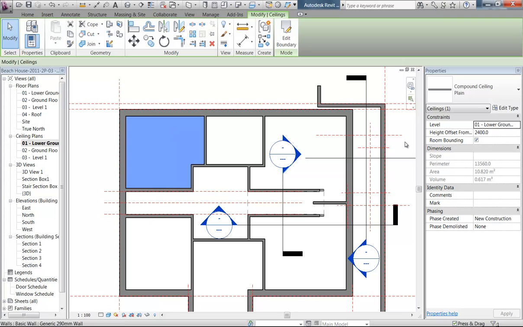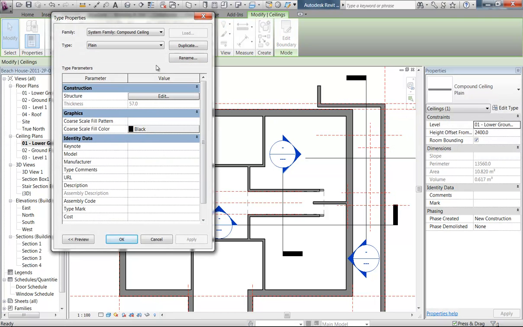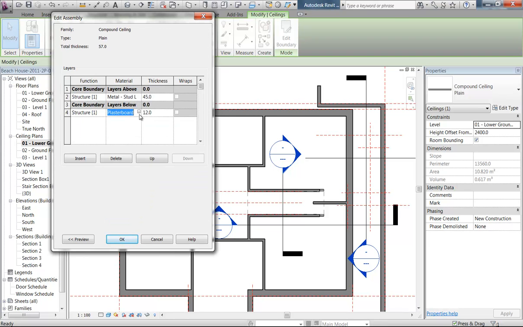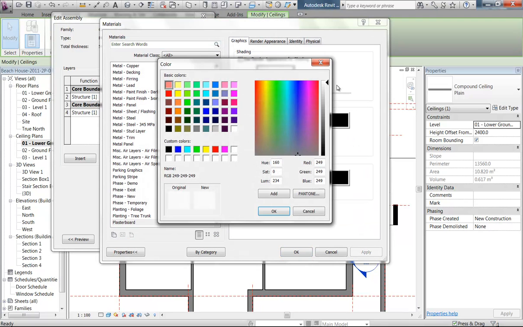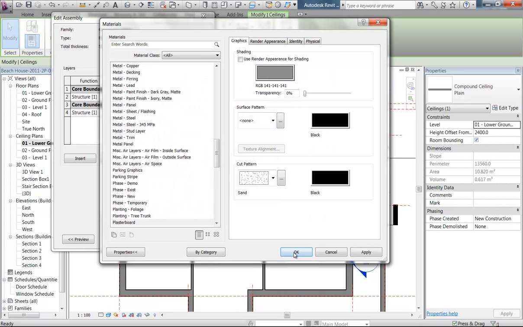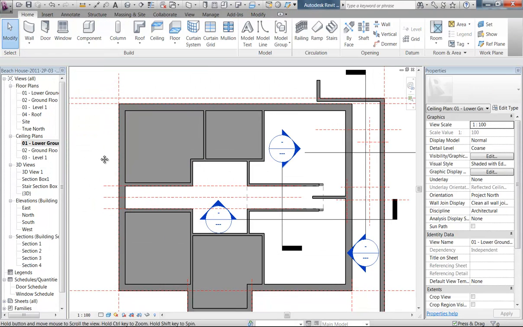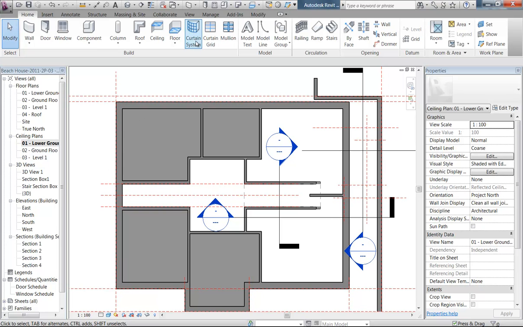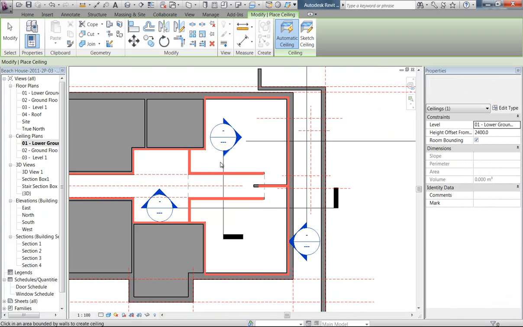And I've just got one selected now, and what I'm going to do is just change the pattern. So this plasterboard material, I'm just going to make it a little bit darker so that I can see where the ceilings are. I'll come back and fix that in a minute, but that makes it much easier to see which rooms have the ceilings. And then going to the ceiling tool again,